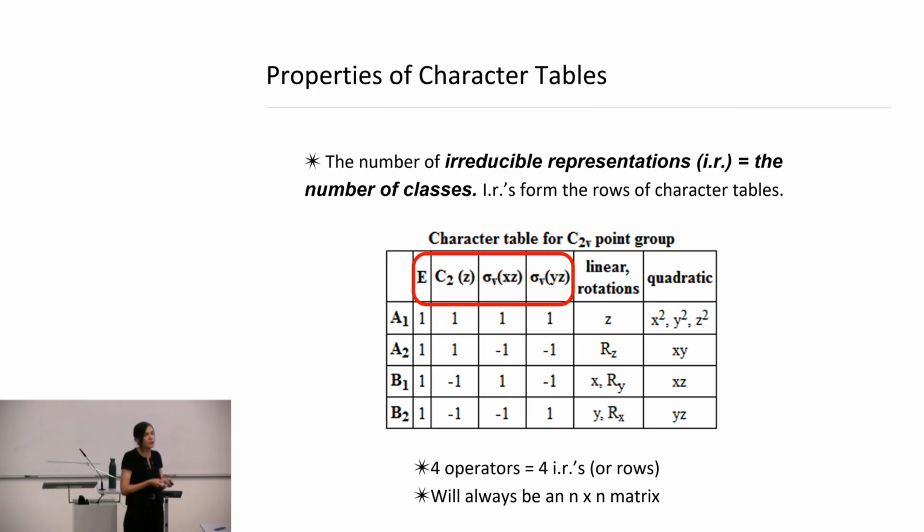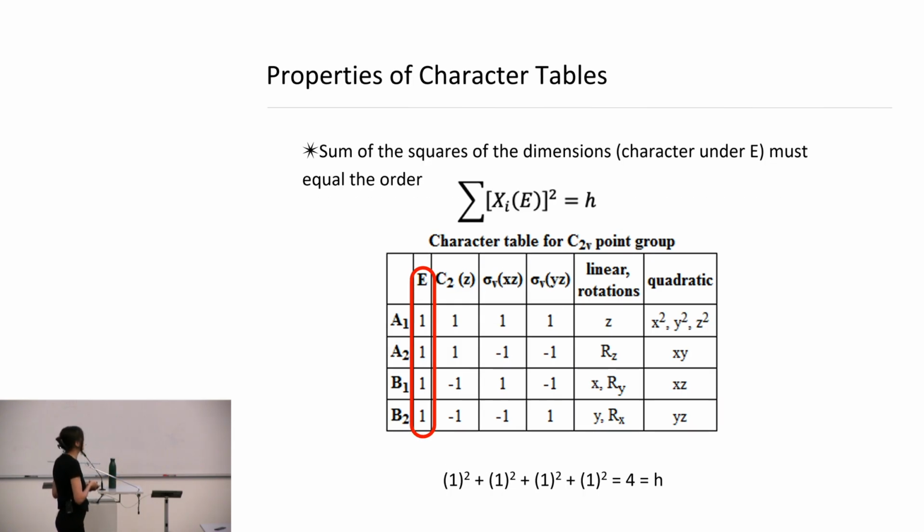So this will always be an n by n matrix, right? So if you want to generate your own character table, that is how you know this. You could sit down, identify all of the symmetry elements, and then generate your character table. And if you actually look at this, you always have E, the identity, and the identity actually has to